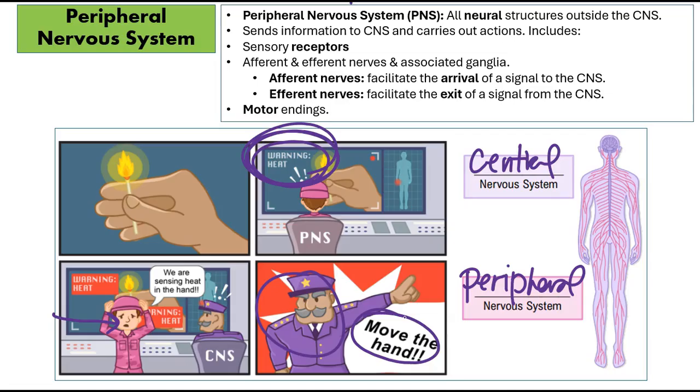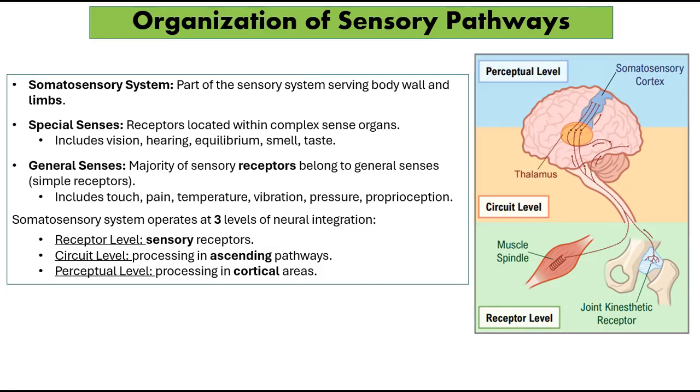And that's how that's going to work. Now, when you're thinking of the peripheral nervous system, remember, this is all about our limbs and, of course, our body, okay? So there are different types of senses that we focus on. It could be the special senses, and there's two types here, special senses and general senses. Our main focus is going to be general senses, but I will be talking a little bit about the special